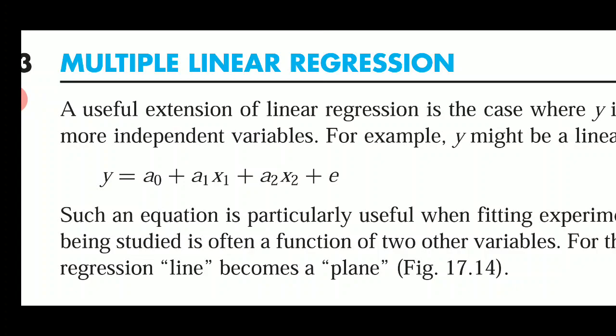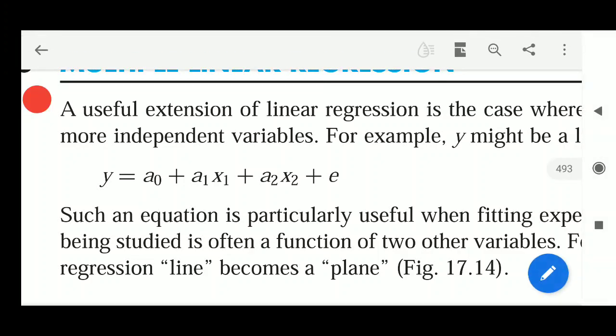So this particular equation involves two variables, right? For example, if you consider the prices of a house in a particular area or in a city, then the prices of house will depend on many different aspects. One can be the area of the house, square feet area. Another can be the location of the house, or the height of the house, or the built up area and the actual ground area of the house. So you can use multiple linear regression and find out the impact of the different variables in a particular data set.